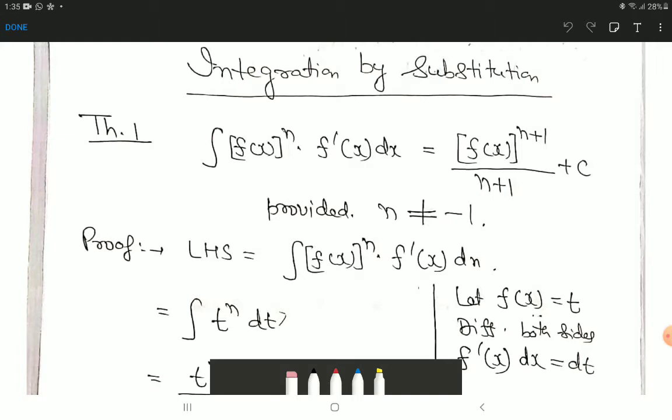So integration of cos x dx is equal to sin x plus c, where c is called the constant of integration, as integration of a function is not unique. C may have any arbitrary value. Now we are moving to the next level of integration: integration by substitution. It will be used where the function is not a standard one. So we will be using integration by substitution.